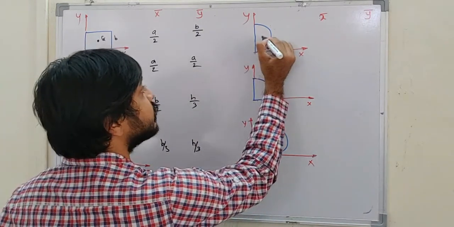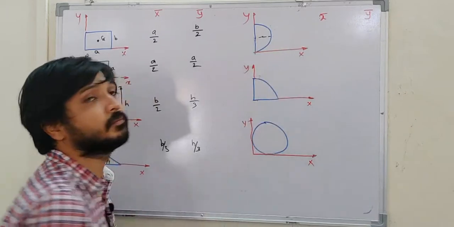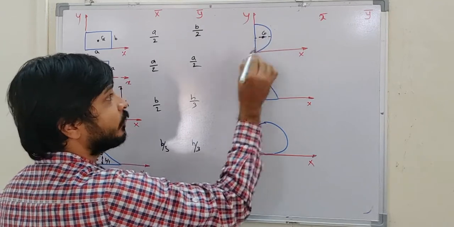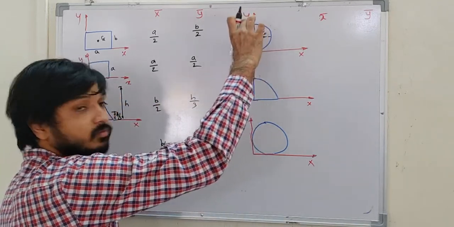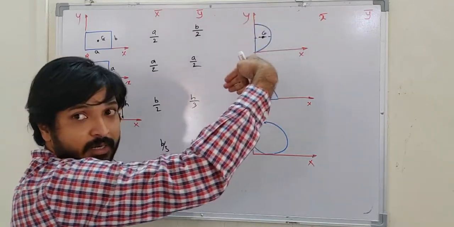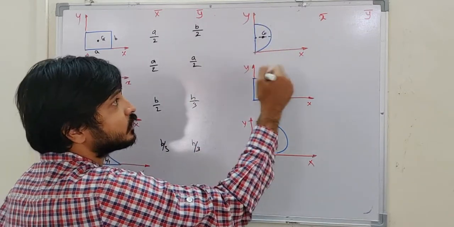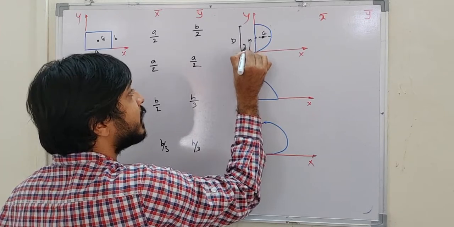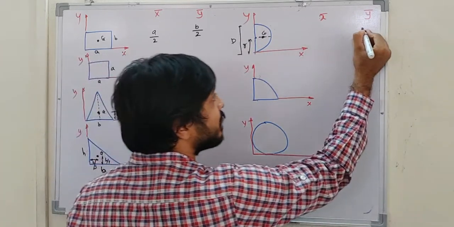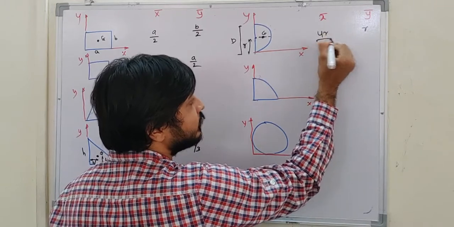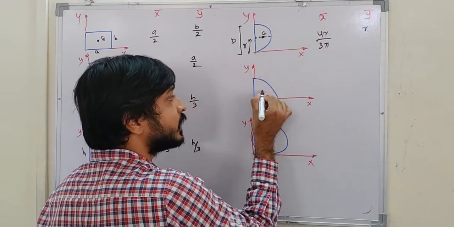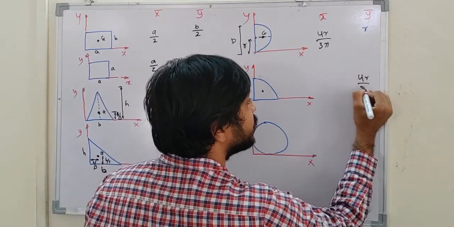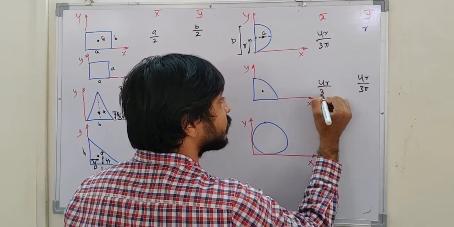Now coming to this semicircle, this one will have a symmetric line, right? This is a symmetric axis, so G will be somewhere here. Symmetric in vertical direction, right? So that's why y bar will be, suppose this is D, D by 2, or I can also write it as R. So y bar will be equal to R and x bar is 4R by 3 pi. We have just derived that. Here it will come somewhere here, and there is no symmetry in this quarter circle, so x bar will be 4R by 3 pi, and y bar is also 4R by 3 pi.